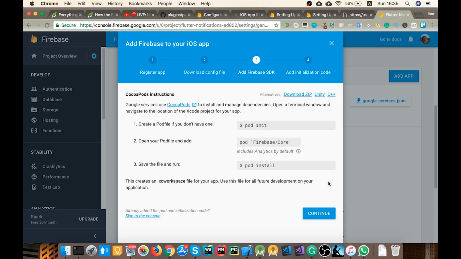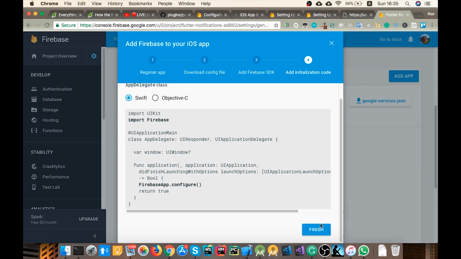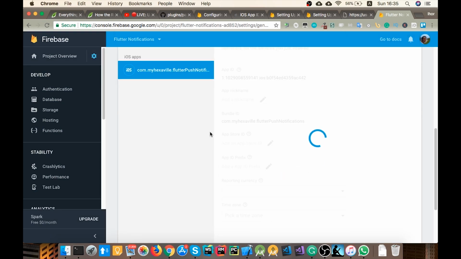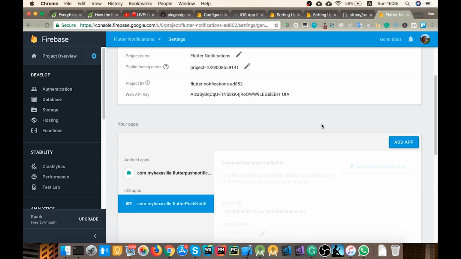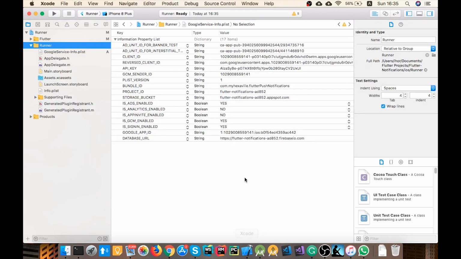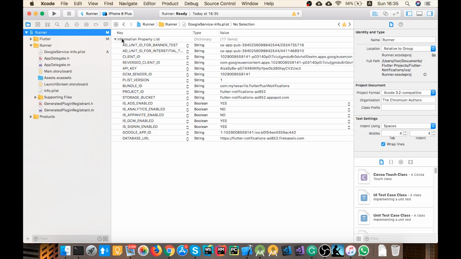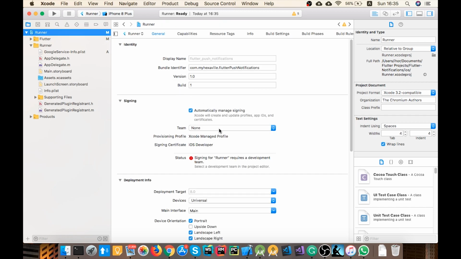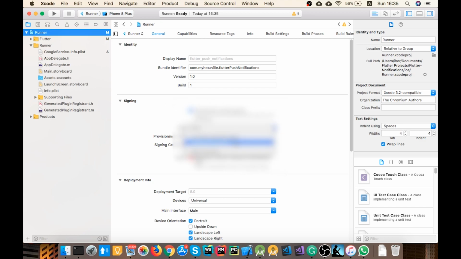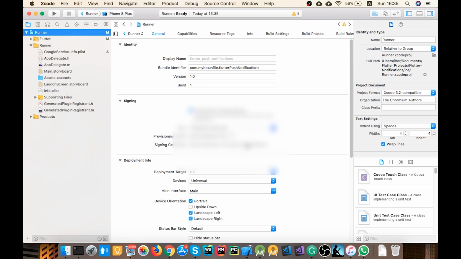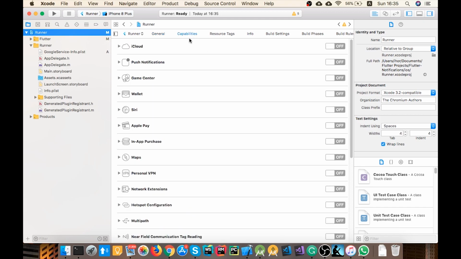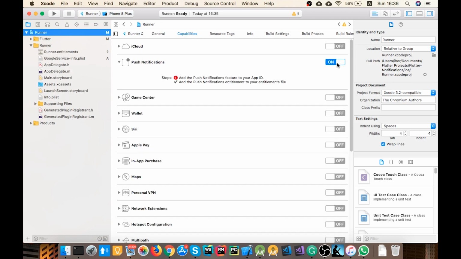Continue. This we don't need because we're not gonna use Firebase yet. And I think we're done with console. The next step is you gotta open Xcode and have your automatically manage sign-in checkbox checked and select your team. And one more thing, in capabilities, since we're gonna use push notifications, turn notifications on,